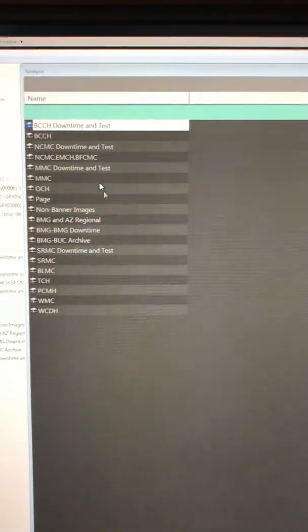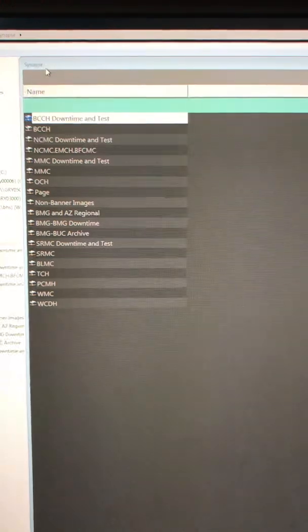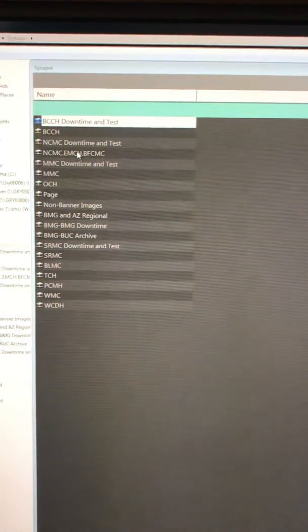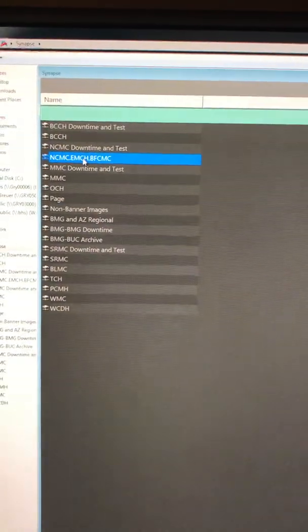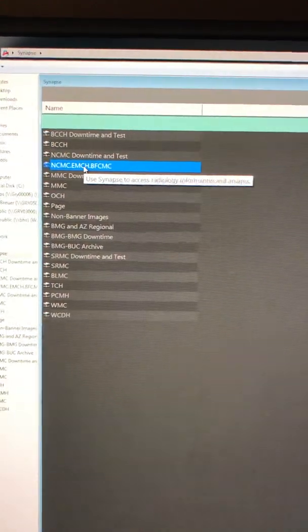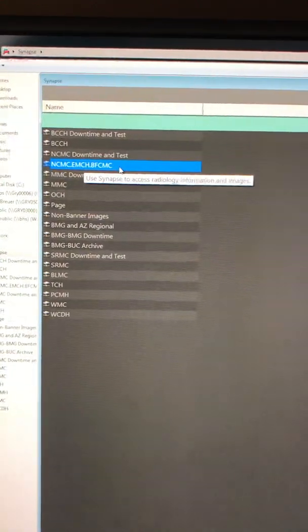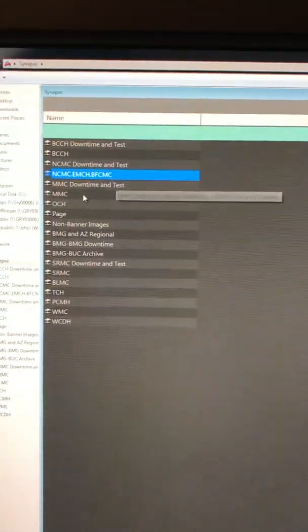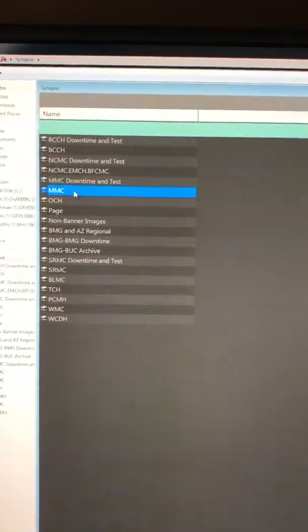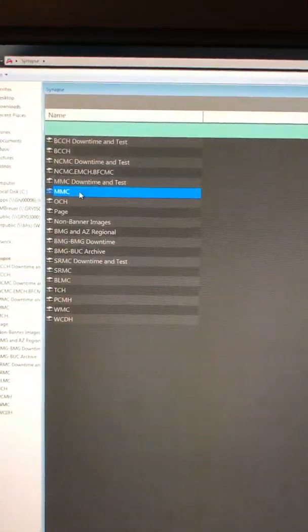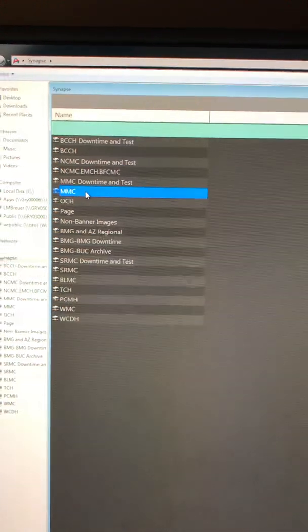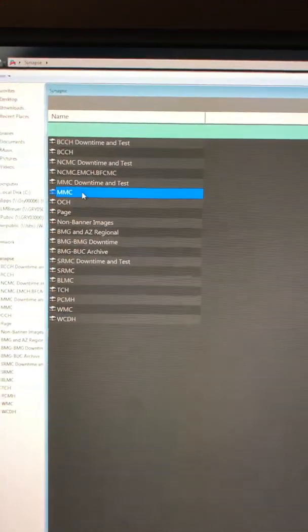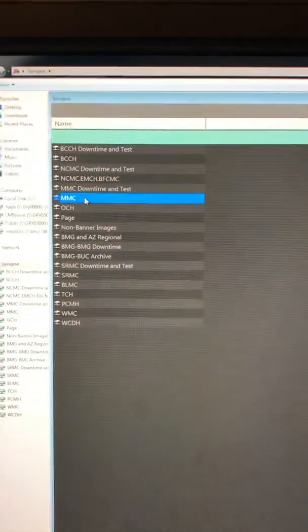So I have Synapse pulled up over here. I just opened the main Synapse. You can see up here, and this is the one that we normally go in. This is Northern Colorado Medical Center, East Morgan County Hospital, and Banner Fort Collins. You also need to be searching in this folder here, which, if you are not already aware, is McKee Medical Center. So if a patient says they had a study done at McKee, you can find it there